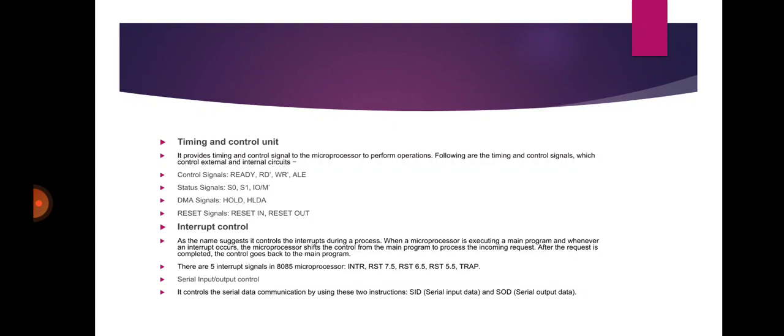The control unit converts the serial data stream to parallel data before it is fetched to the microprocessor. After the conversion, the 8-bit parallel data is stored. Similarly, SID is serial input data, whereas SOD is serial output data. SOD converts the 8-bit parallel data back into serial form. So SID converts serial to parallel, and SOD converts parallel to serial.